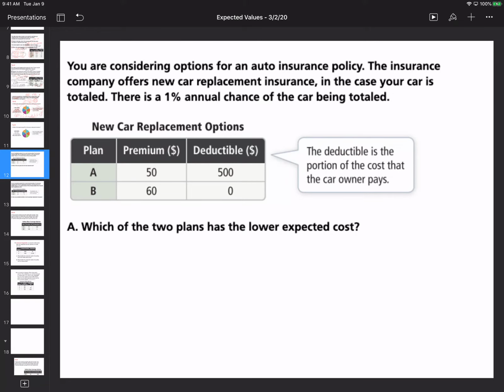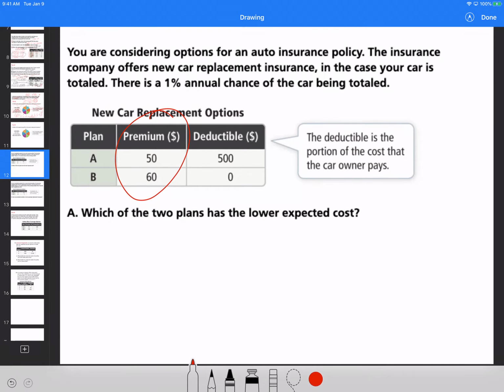In anything, car insurance, you're going to have something called a premium and something called a deductible. Now, a premium is something that you pay every time, like every month. Like when you have a Netflix or a Crunchyroll, you have to pay some amount of fees, depending on whether you can hack into the system or not, but that's up to you. But let's say that you have to pay a couple dollars every month to provide you with that service. So premium is pretty much that, what you pay every month.